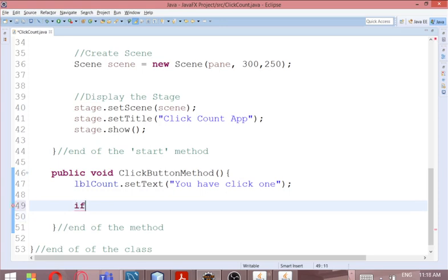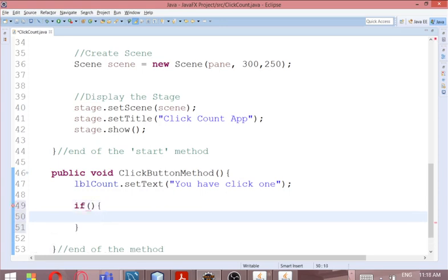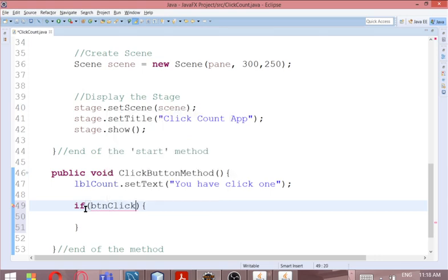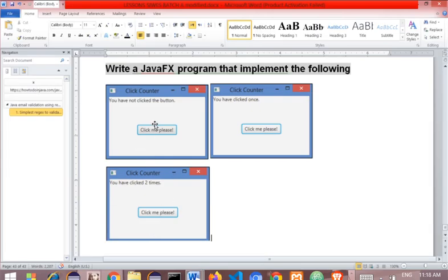You now say, if the button btn, let me look at the something here. Click me. If you click on it,